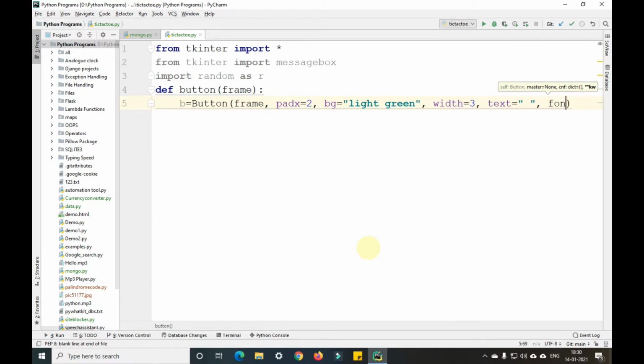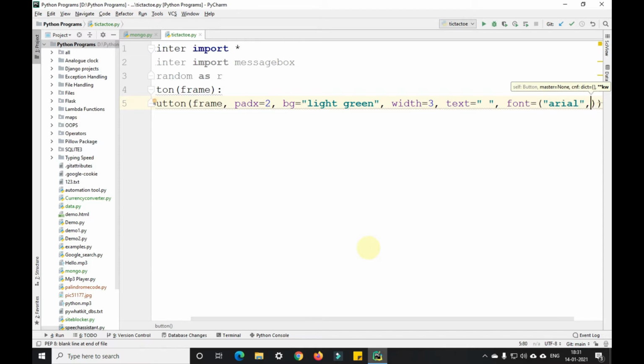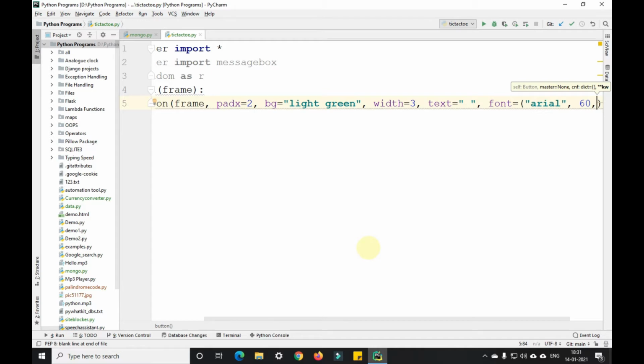comma, font equals, we'll give the font here, Arial, followed by a comma. Then the size of that particular font, we'll give size as 60, comma, how it should look. It should look bold.